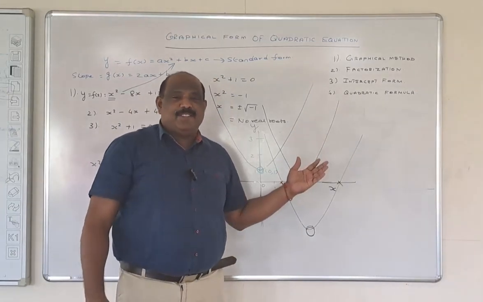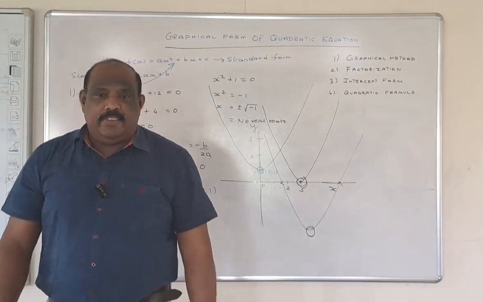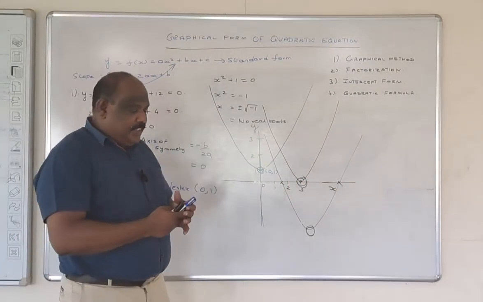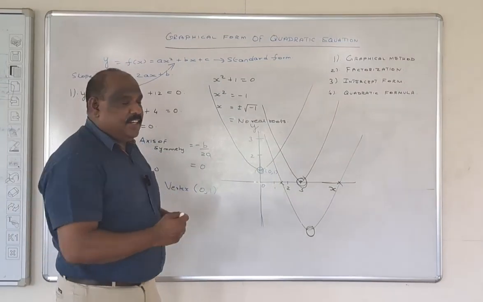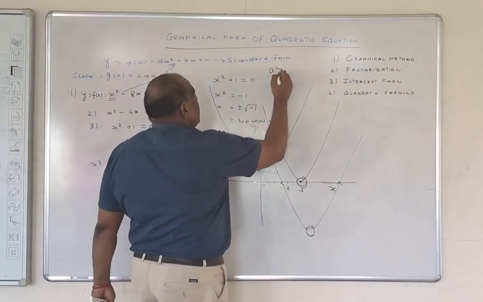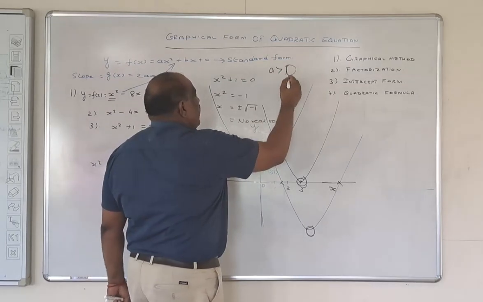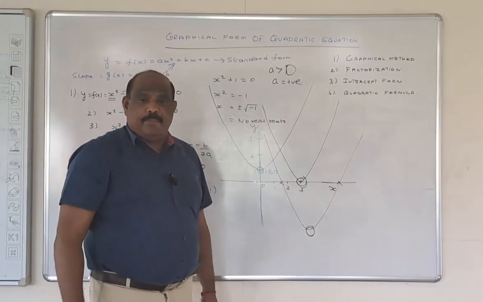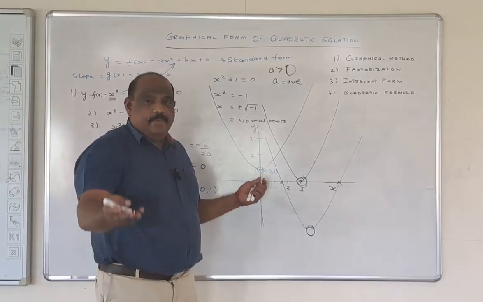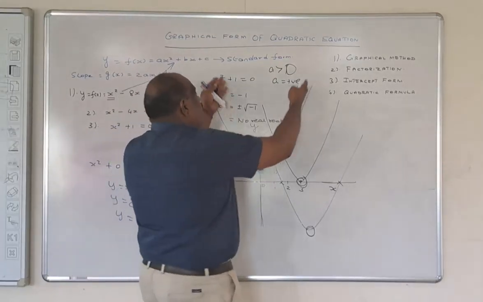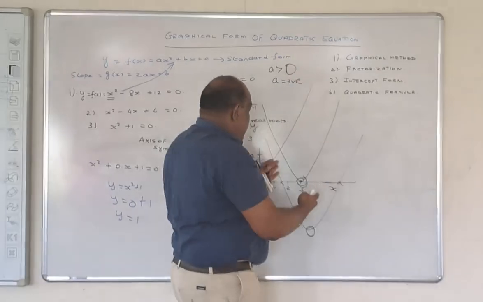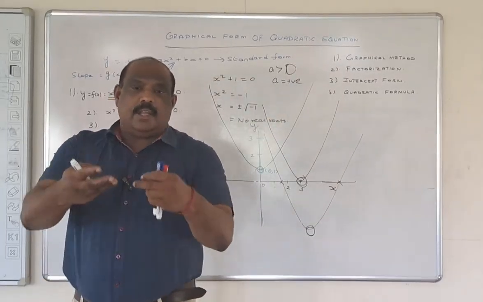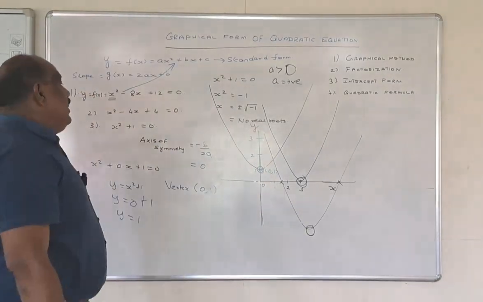Because A is greater than 0, what does that mean? We'll get the minimum values, because the curve opens upwards. I want to just recall the concept we discussed in the last section. There we said when A is positive, it will have a curve opening upwards, and the vertex will give me the minimum value. Because after this point it is always increasing, up to infinity. Here also infinity. Here also infinity. So with the graph, that part I just wanted to tell. Similarly,